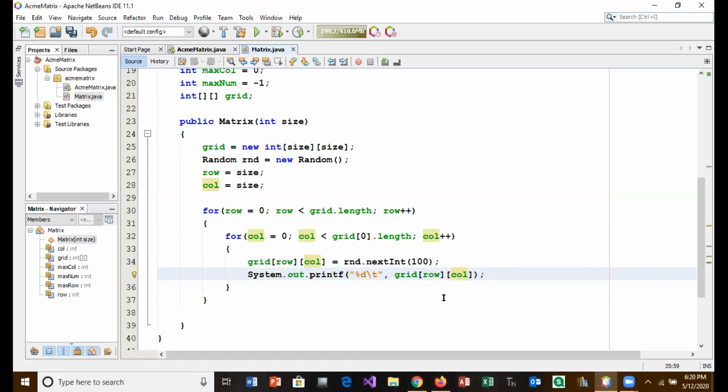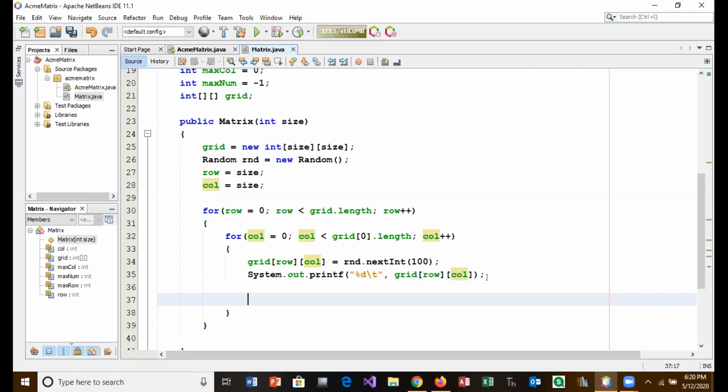Okay. And I've already tested that, so I know that this is going to come out really nice with 2-digit numbers in that. If, in fact, I didn't do this, if I try to do it with spaces, it doesn't come out real pretty. Okay? So now that I've got that,